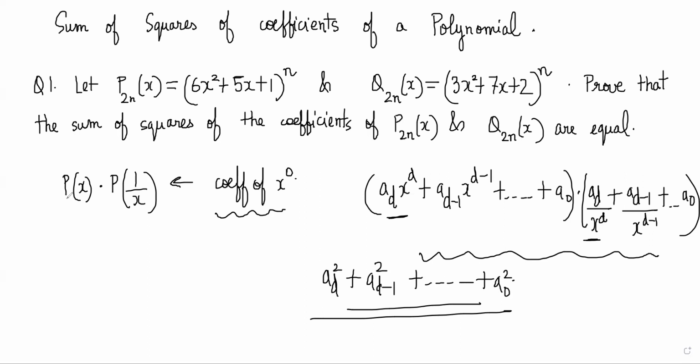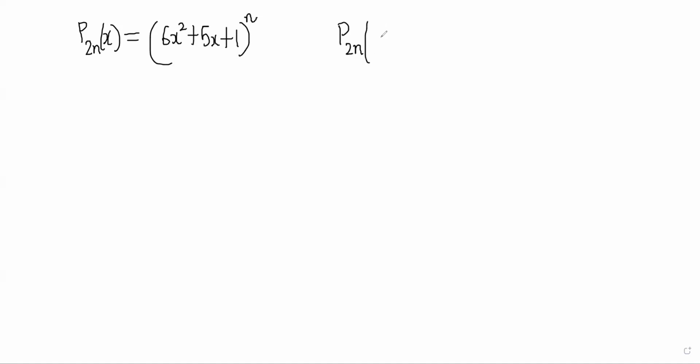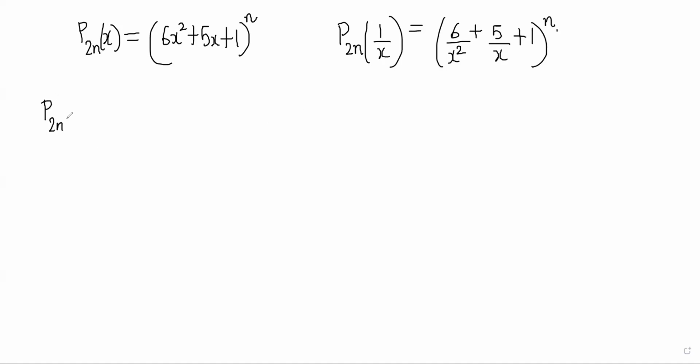So the method is pretty simple. You multiply the given polynomial with p of 1 by x and find the coefficient of x power 0 there. So what we do here is we simply apply that method. P2n of x was given as (6x squared plus 5x plus 1) whole power n. So P2n of 1 over x will be (6 by x squared plus 5 by x plus 1) whole power n, right? So if I multiply P2n of x into P2n of 1 over x, what I will get is,